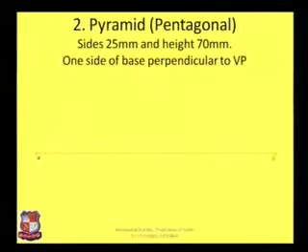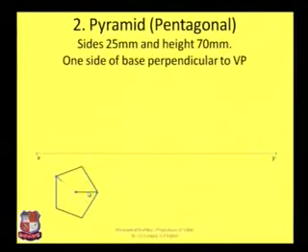which represents the intersection of the horizontal plane and vertical plane. Here it is given that one side of base is perpendicular to the vertical plane. So draw this pentagon in such a way that one side, here I have taken this side, makes an angle of 90 degrees with the XY line, that is perpendicular to the XY line. And find out the axis or midpoint of this pentagon by joining the midpoint of the opposite side with a corner. This corner is joined with the midpoint of this side, this corner is joined with the midpoint of this side, and find out its center point. So the axis will pass through this midpoint.